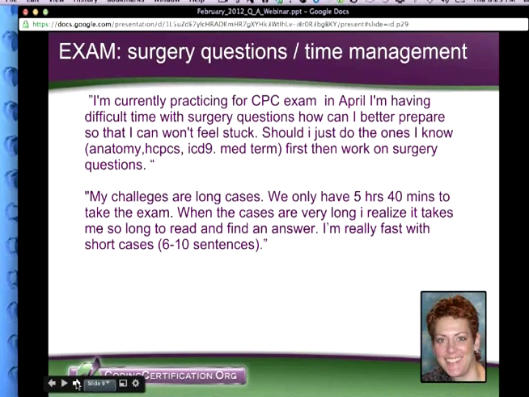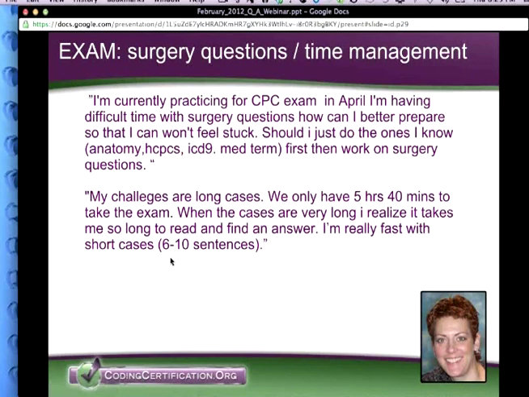Should I just do the ones that I know, i.e. the quicker ones? And then another person asked a similar question. My challenges are long cases. We only have 5 hours, 40 minutes to take the exam. When the cases are very long, I realize it takes me so long to read and find an answer. So